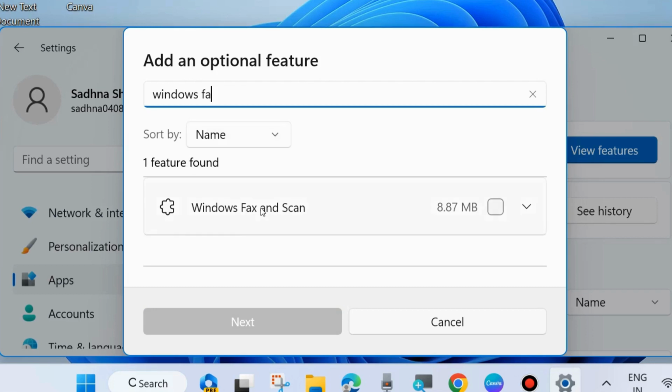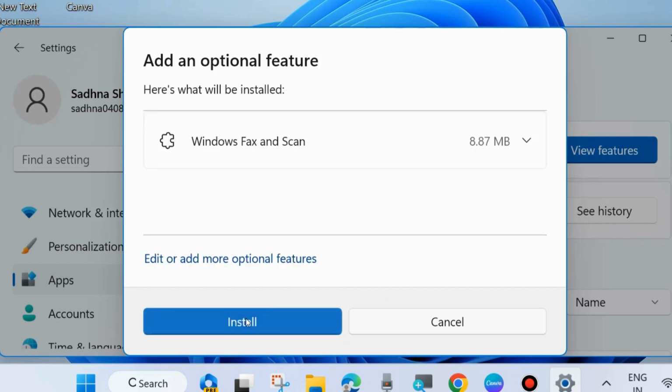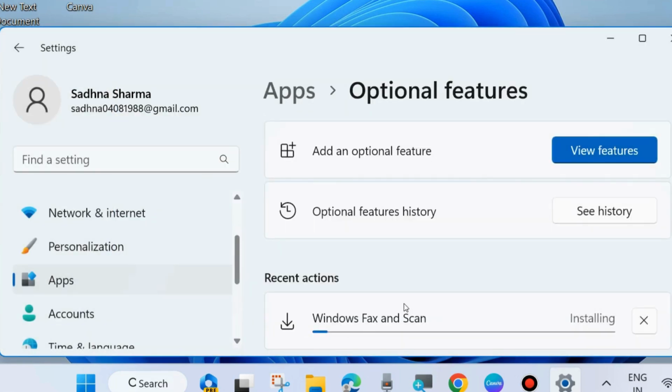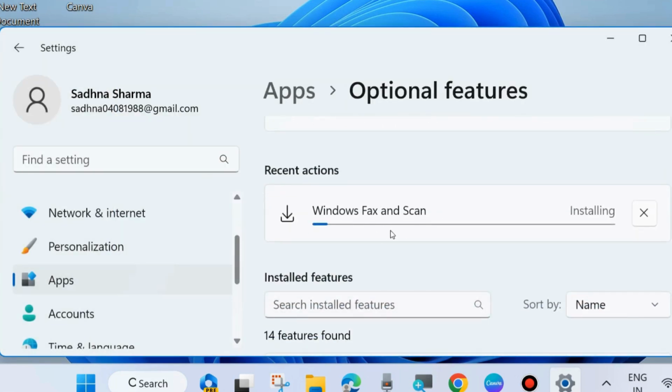Look for Windows Fax and Scan and select it, click on the box and choose Next, and finally choose Install and